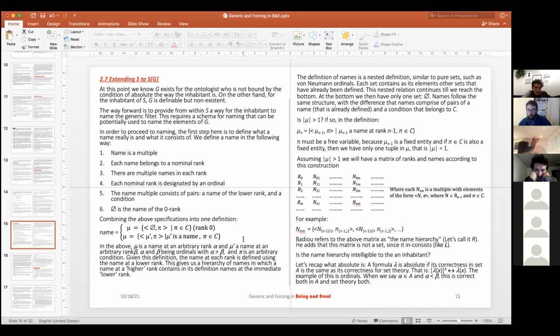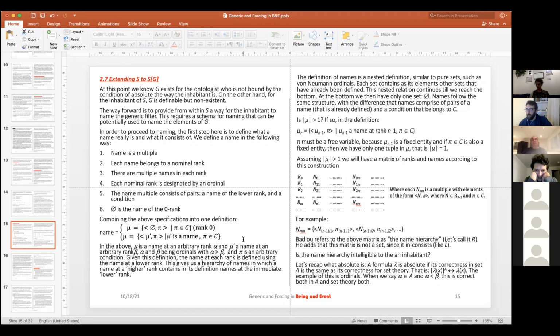So I guess let's just start with this. We covered up to the proof that Being and Event provided for the existence of the generic, but that proof was something that an ontologist has access to, not an inhabitant of the world S. So I guess the rest of this is, there are a few steps that must happen. The first step is accessing